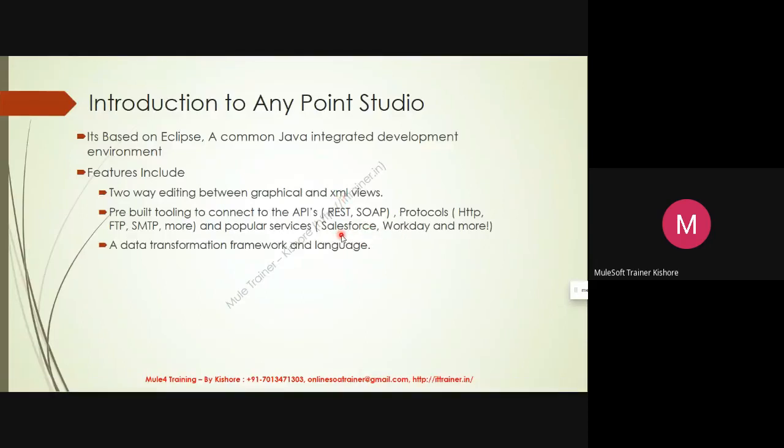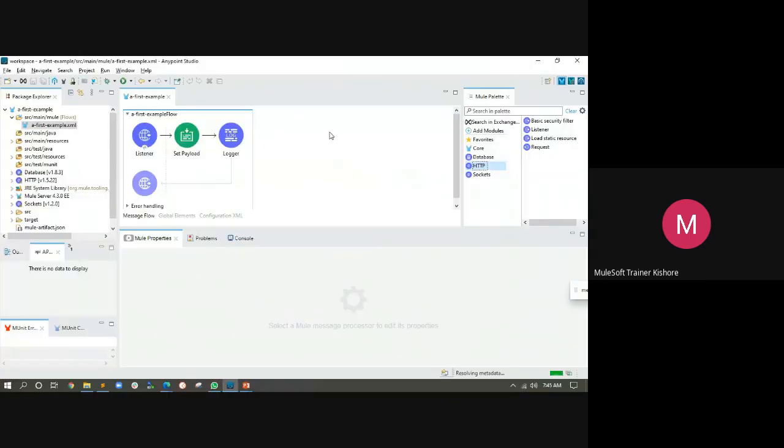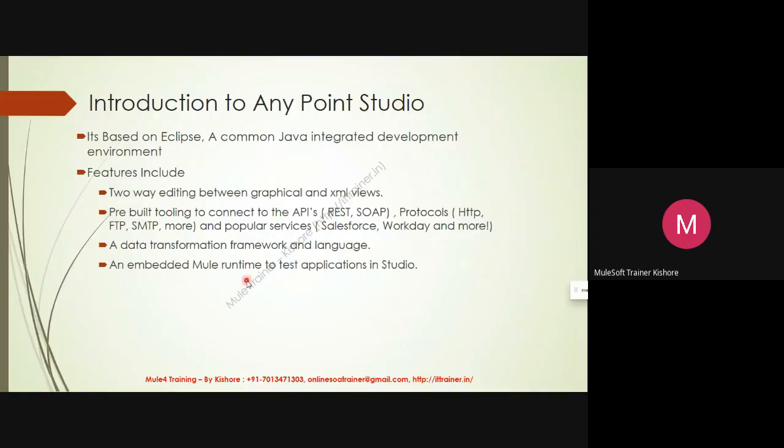And a data transformation framework and language, you don't know this yet. And when you are running an application, where do you run it? When you right click and run your application, you are running inside Studio only, because it contains an embedded runtime to test your applications in Studio. And today we are going to see debugging, and this will also come in the middle of the sessions.